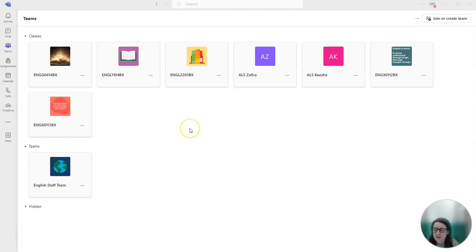I'm going to show you how to use Class Notebook and why I think it's a good idea. So you've already logged into Teams and you've got some of your teams set up. So I'm going to use one of the teams that I haven't made Class Notebook for yet. So you click onto your team